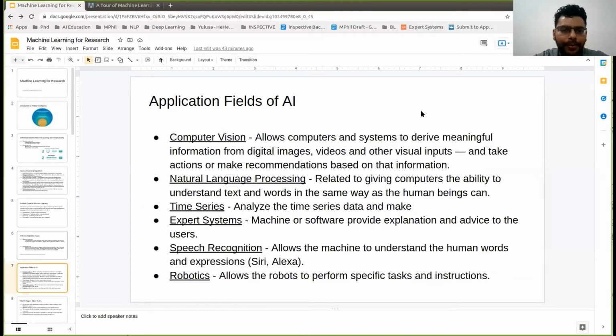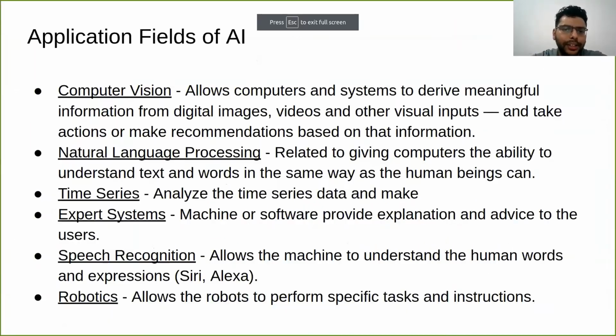Then we call these different application fields of AI. In a way we can say that it's like the different sensory organs of an AI system. Just like humans, we have different sensory organs. We use eyes to visualize the world, hands for touch and sensation, and to write something, and the mouth to speak. Like these different sensory organs in human beings, there are different fields of AI that we can categorize into.